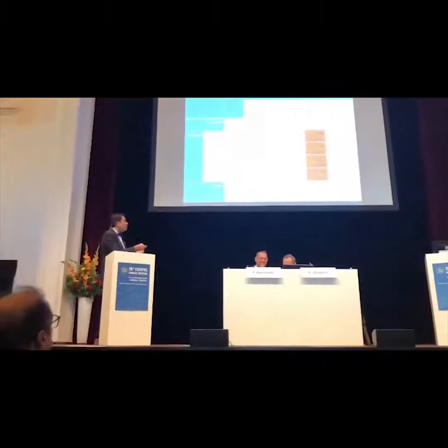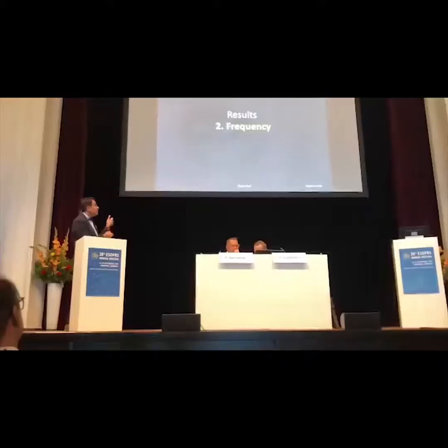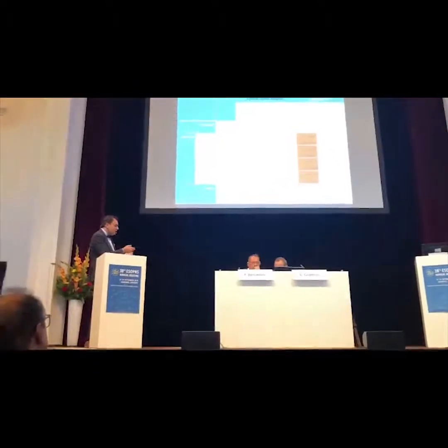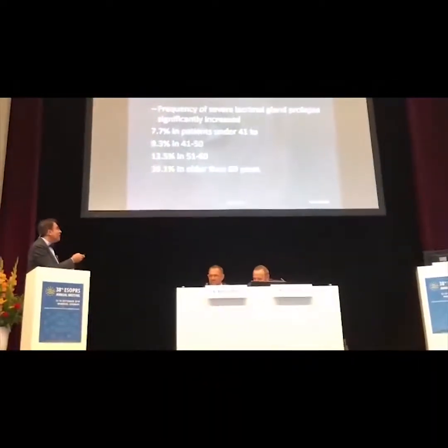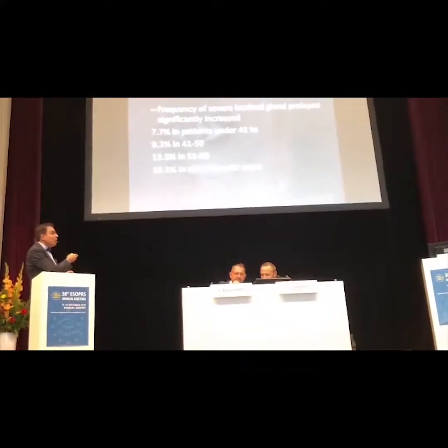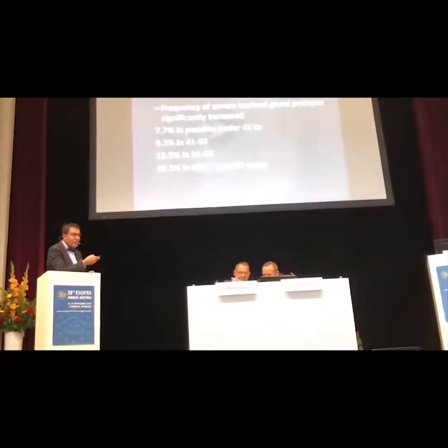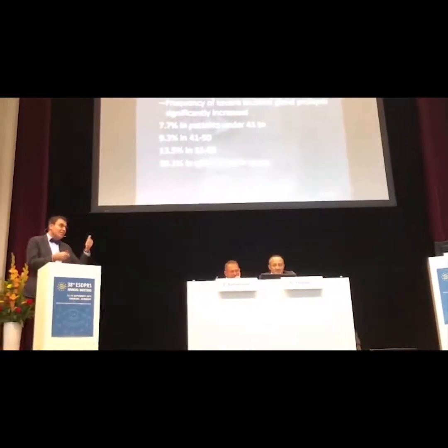If you look at this very crowded table, you will see 10% of the patients under age 40 already have lacrimal gland prolapse, which is not increasing significantly with increasing age. However, the severity of that lacrimal gland prolapse is increasing from almost 8% in patients under age 40 to almost 40% in patients more than 60 years of age, which shows age does play a role. However, it needs a predisposition